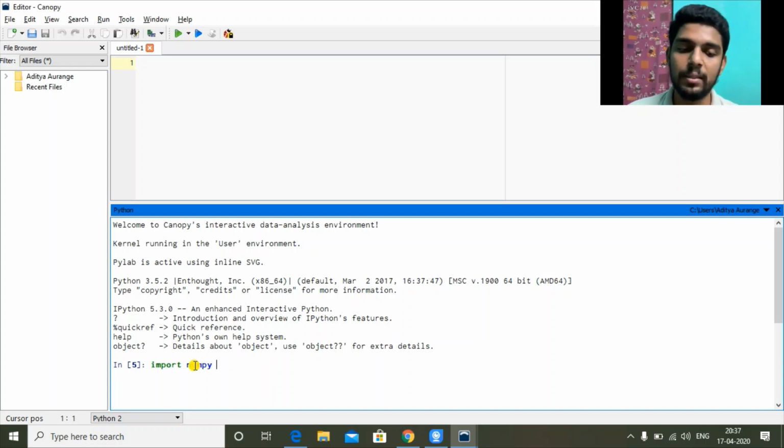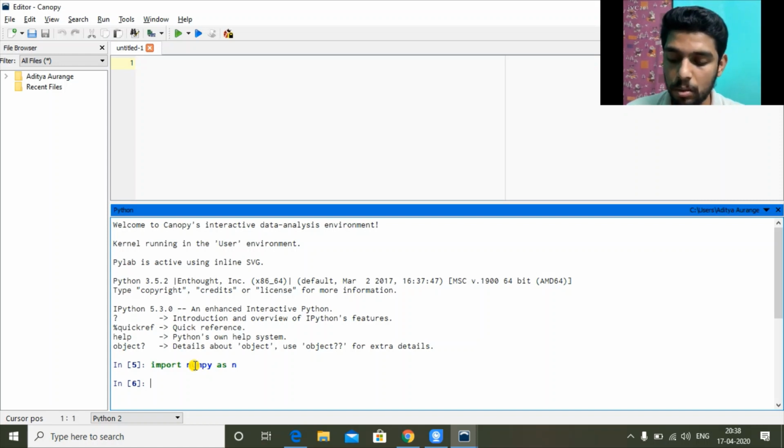If we write this much it is enough, or we can go one more step, as n. As n means I have given NumPy a nickname, which is n. So whenever I'm using something from the NumPy package, I can use n instead of NumPy. It's like a nickname.